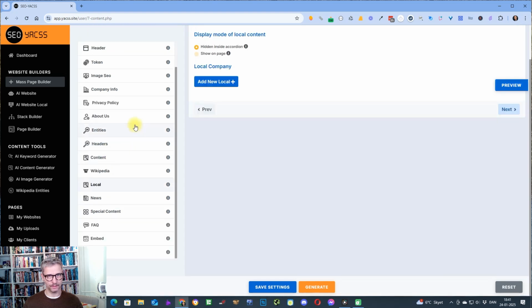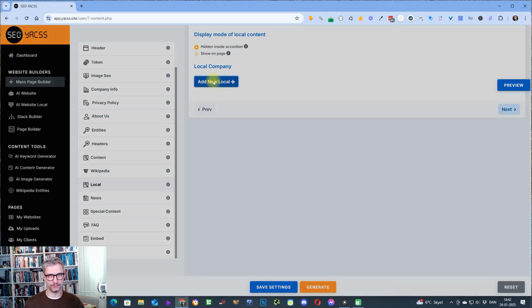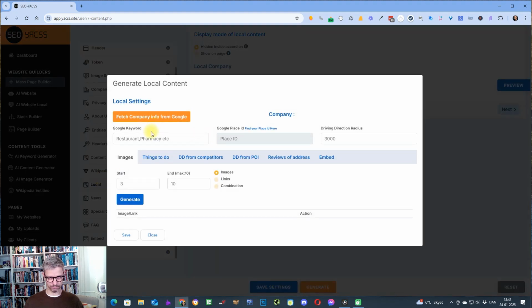Yes. So the way that this works now is that you have two show options. Do you want to show the information on the page, or do you want to hide the local information inside of an accordion? Let me choose hidden inside accordion first. So what you do is you click add new local, and then you have the option to fetch